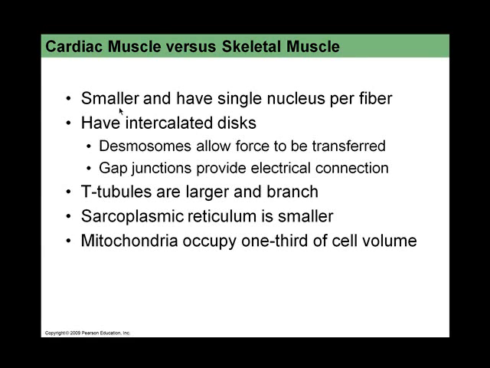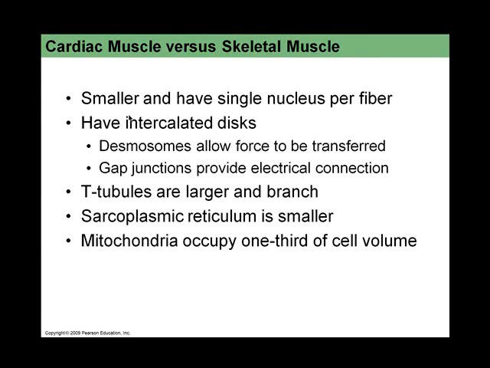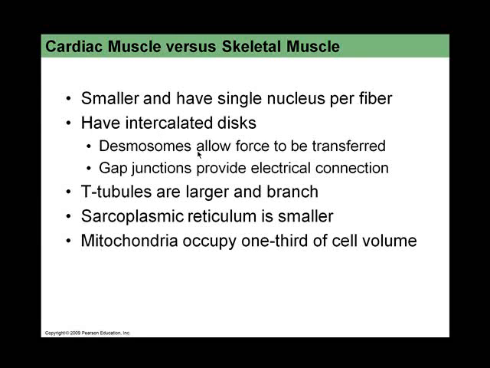So overall, as you recall, they're smaller. They are mononucleated, and they have branching cytoplasmic processes that interconnect with the branching cytoplasmic processes of other cells, cardiac myocytes. The contractile ones we're thinking about in the wall of the ventricles, or the auricle of the atria, and they have the intercalated discs, as you recall, with the desmosomes that allow